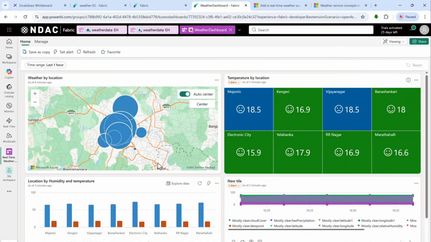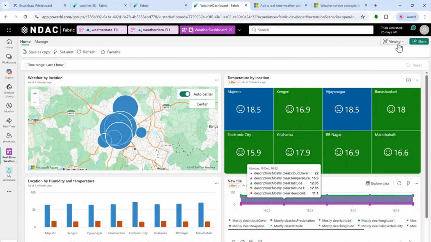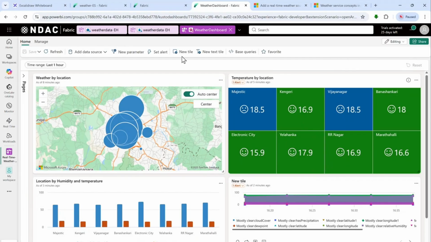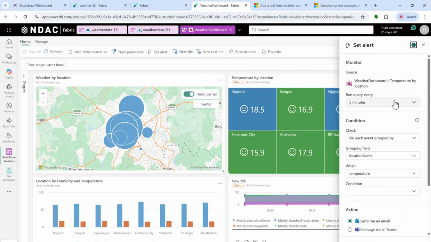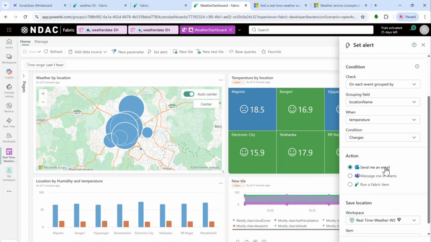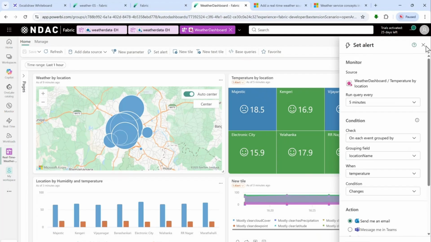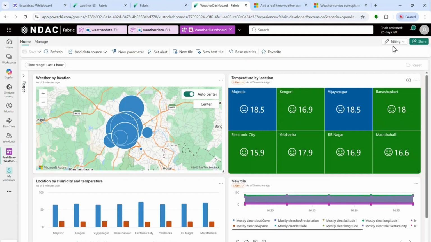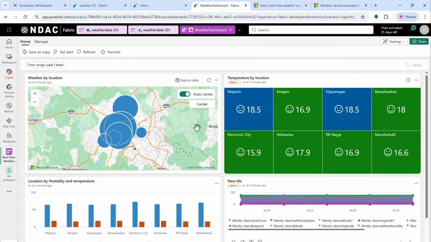Now changes will not be allowed. So if I want to change this, edit. If you want, you can set an alert. Click on this. So you can set it for every 5 minutes if there is any change. So you can send me an email, or else you can message me on Teams, or else you can run a Fabric item. Okay. So this is how you can set the alerts. Let me put it to viewing mode. Viewing mode. So this is all about how we can build an end-to-end weather temperature dashboard by using the real-time